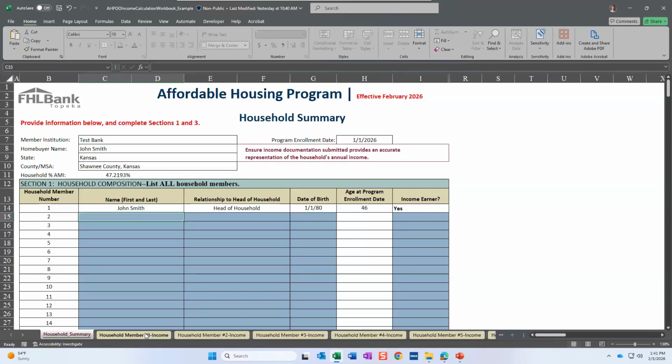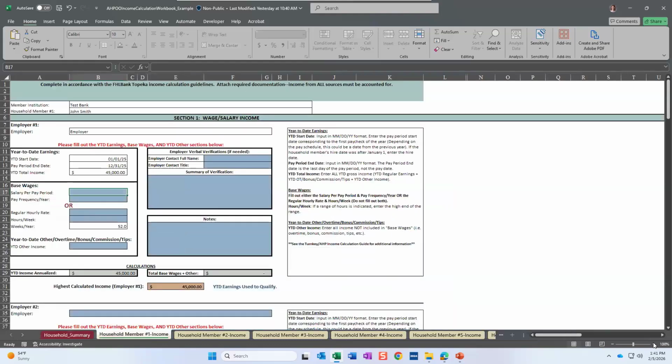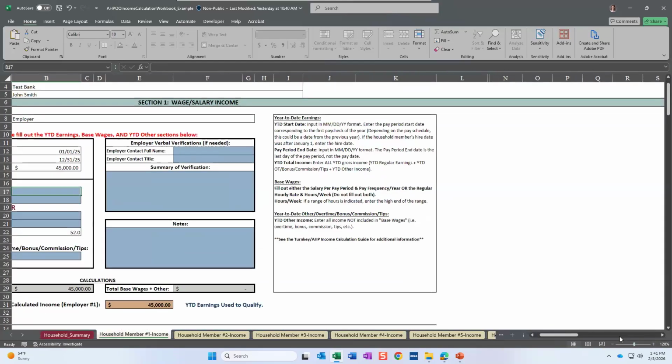If you have an adult that does not earn any income, is completely zero income, no Social Security, no retirement, no self-employment, no Uber, anything like that, then they will need to fill out a zero income certification. Very short form. I'll show you where the template is on our website for that. It's pretty much just them signing off saying, yes, I do not earn any of the types of income listed on this form. So please make sure you get a zero income form for any adult household members that do not earn any income. Otherwise, if they do earn income, you will be filling out one of these household member tabs for each income earning household member.